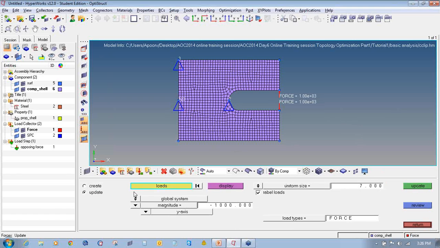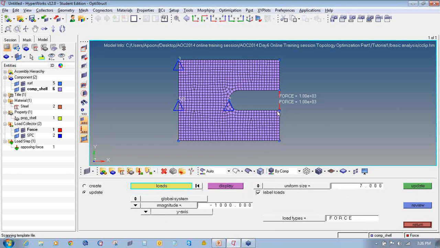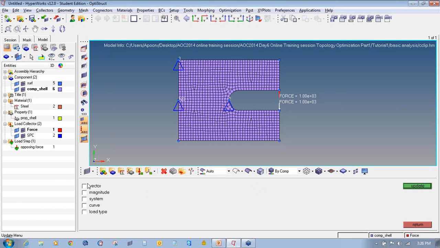Somebody asked me to show how to edit the forces, so I will edit it. Go to Analysis, Forces, select the force which you want to edit. Let's suppose if I want to change the magnitude, I will change it from here. Click on Update,